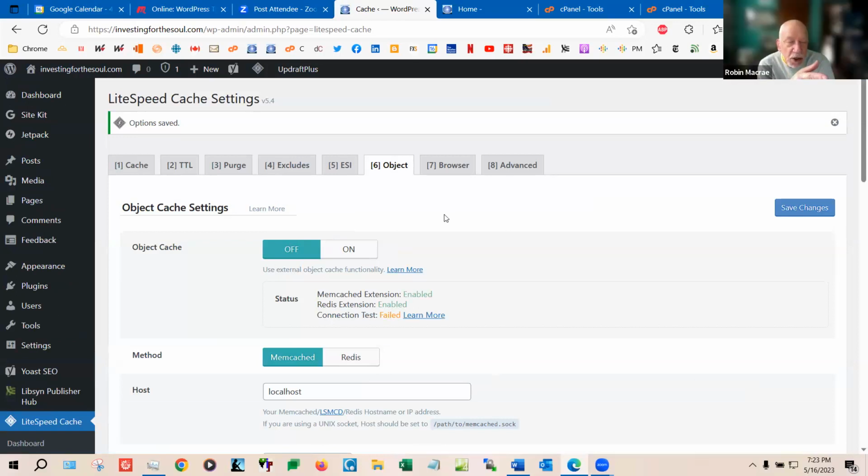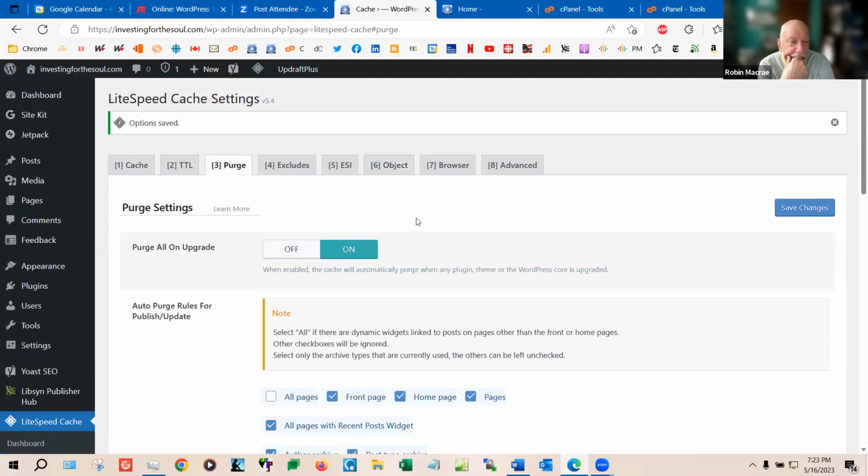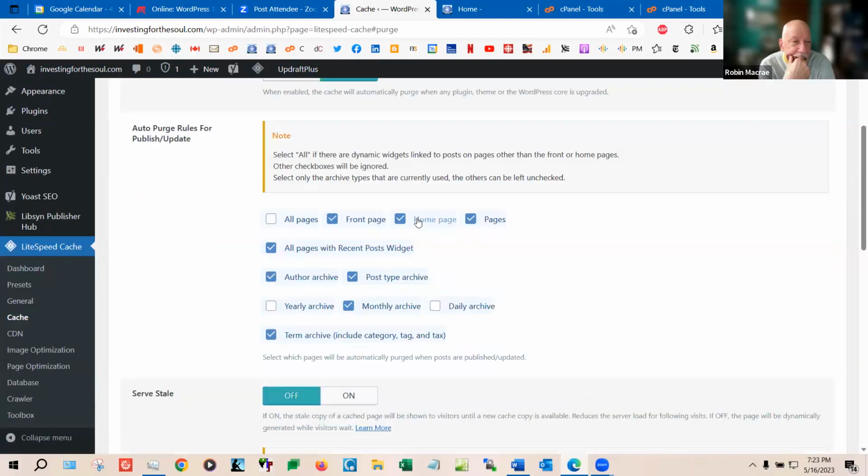Could we just check under the third tab there under purge and see if there's anything to purge? Okay.